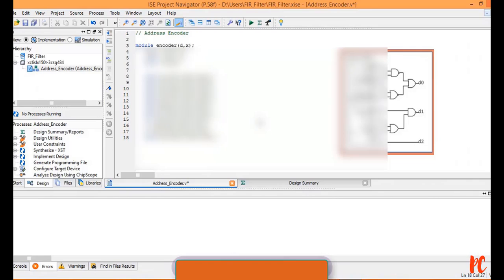Let me remind you, the pattern that I'll be always following will be output followed by input with respect to the entity part.